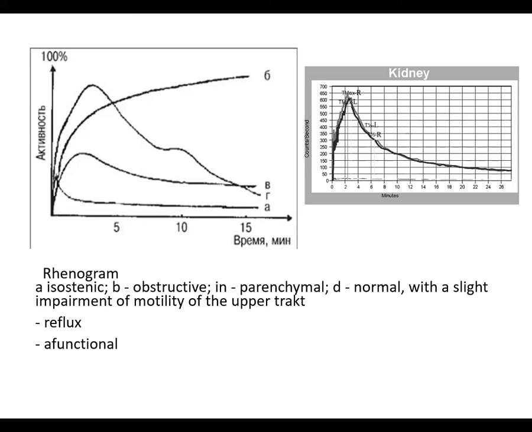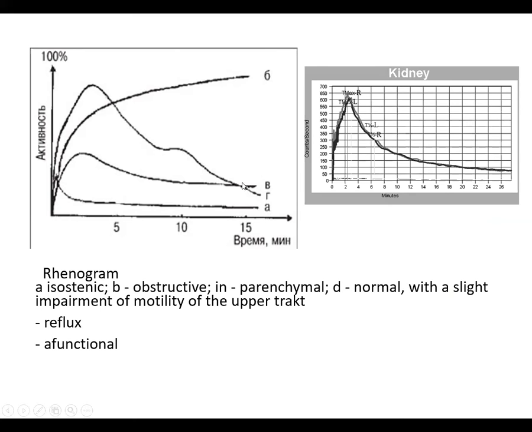pyelonephritis and glomerulonephritis. And also we can see here another type of the curve, called the reflux curve. It means that it was normal in the first and second phases, and during the third excretory phase, the radioactive urine, which is passing from the upper urinary pathway to the lower urinary pathway to the urinary bladder, will be refluxed, comes back to the kidney, to the upper part of the ureter, which is reflected in an increase of the curve, and there could